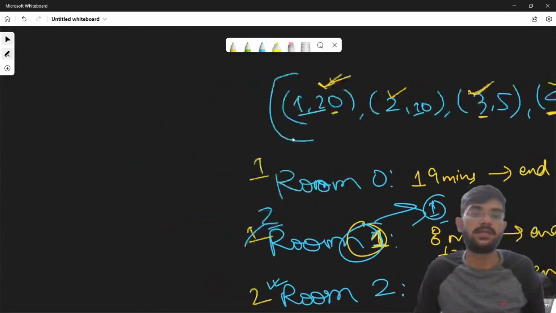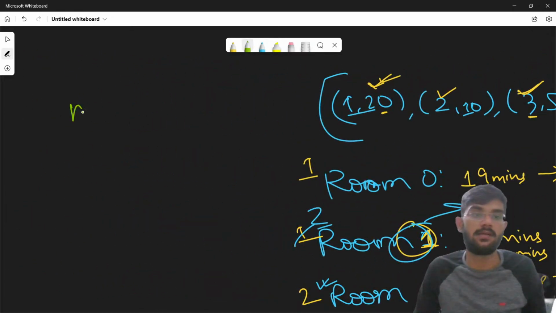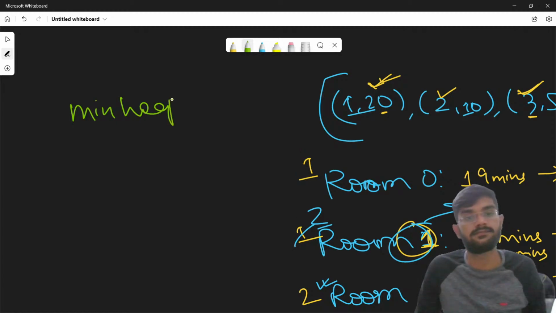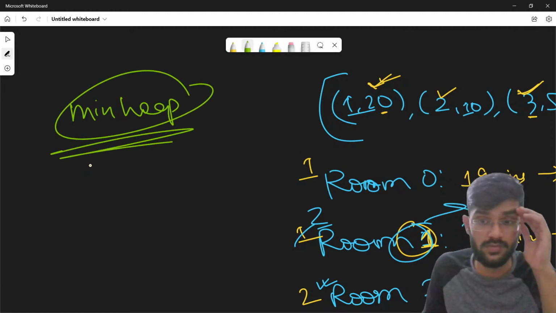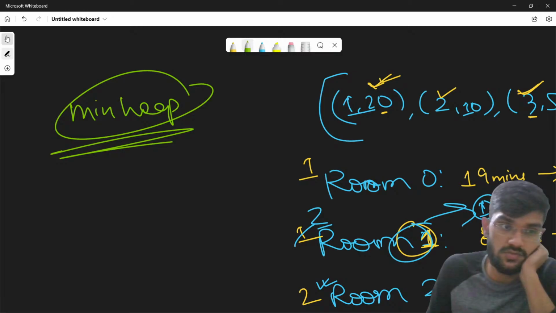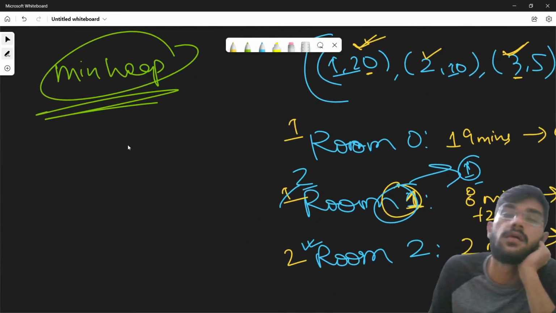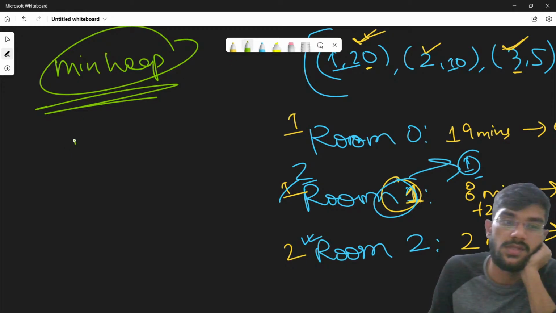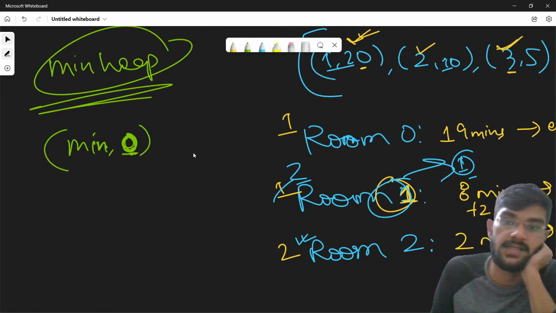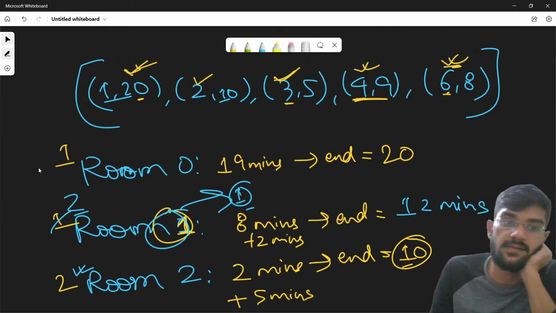So what is the thing we are going to use here? It's nothing but a minimum heap. And how are we going to store it? Firstly the end time will be there, and then I guess the room will be there, right? 0. Once the initial thing is there, then we can have